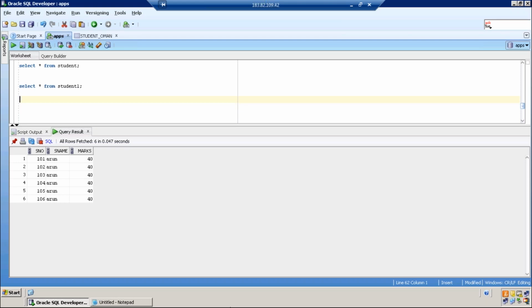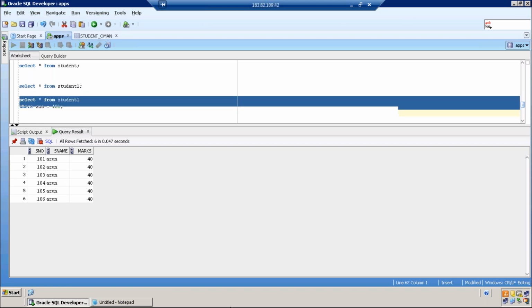First tell me, Jamal, what is the output of select star from student 1 where S number equal to 101? Only one row. 101 Aaron. Aaron will come.